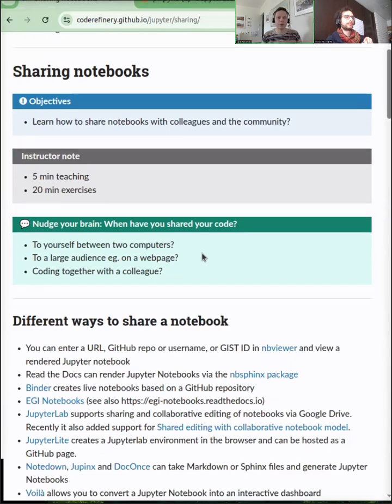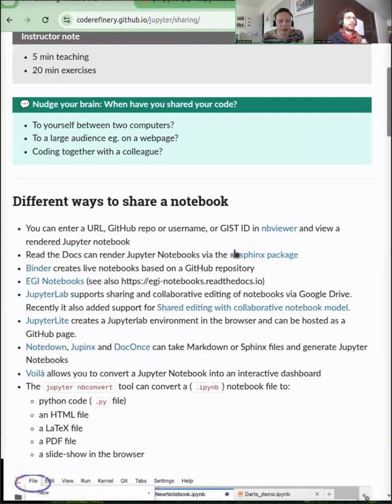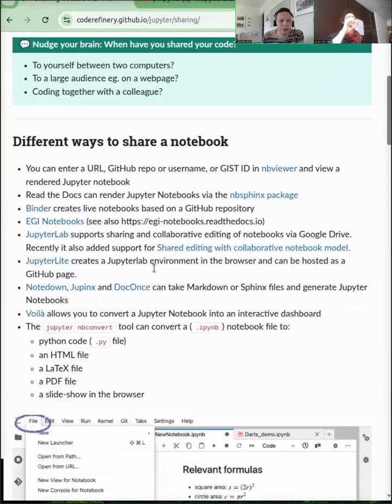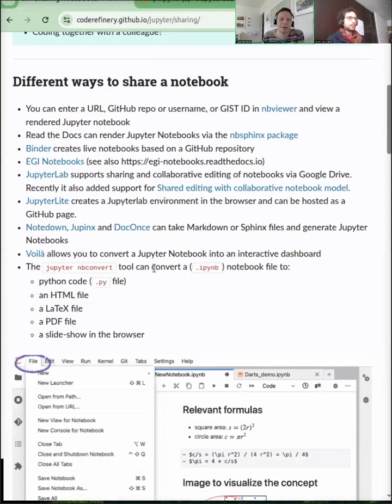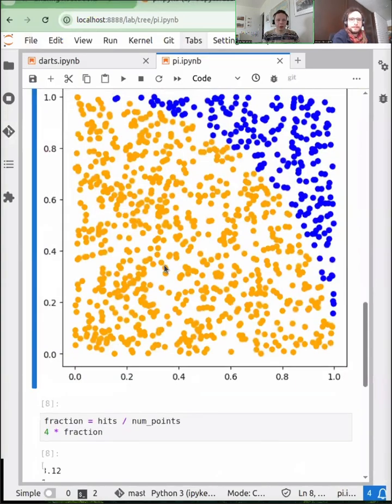So we talked about version control. And again, there's different ways of sharing a notebook. So there's some free, some commercial alternatives where you can, let me back up a second. So the big thing here is if you share something online just as a web page that people can see, they will not be able to run the code. But there's plenty of ways to do that. So you can take this notebook and turn it into